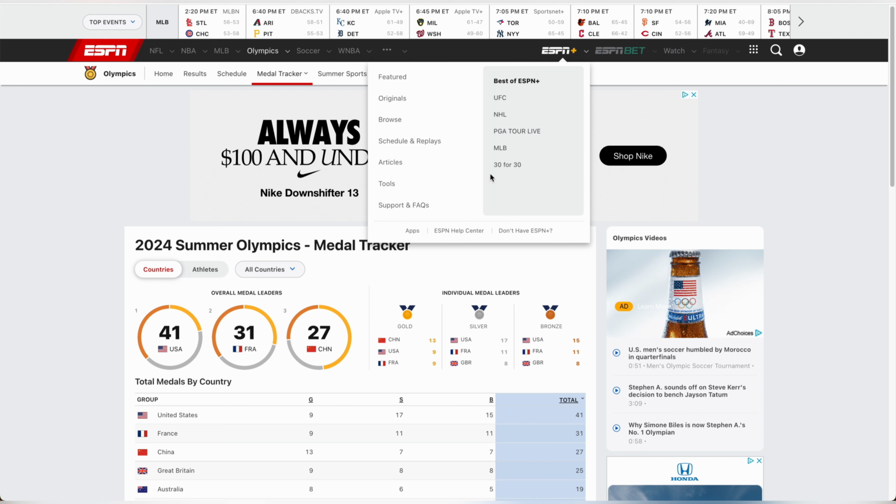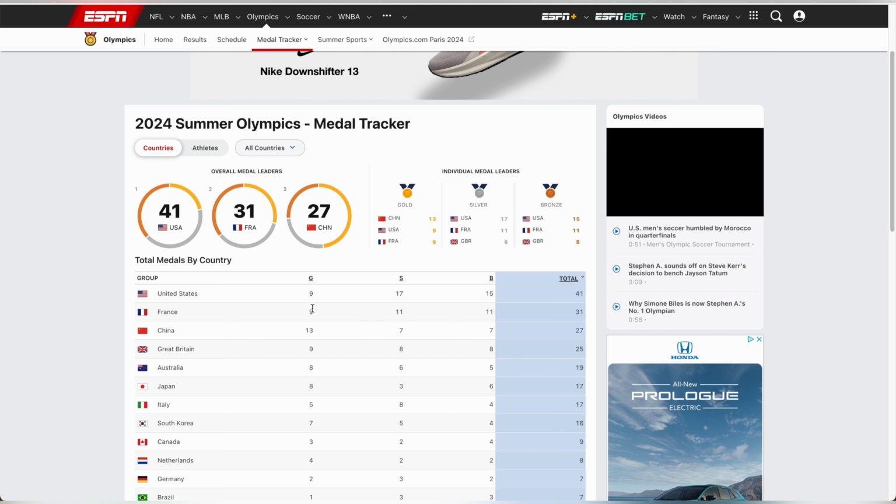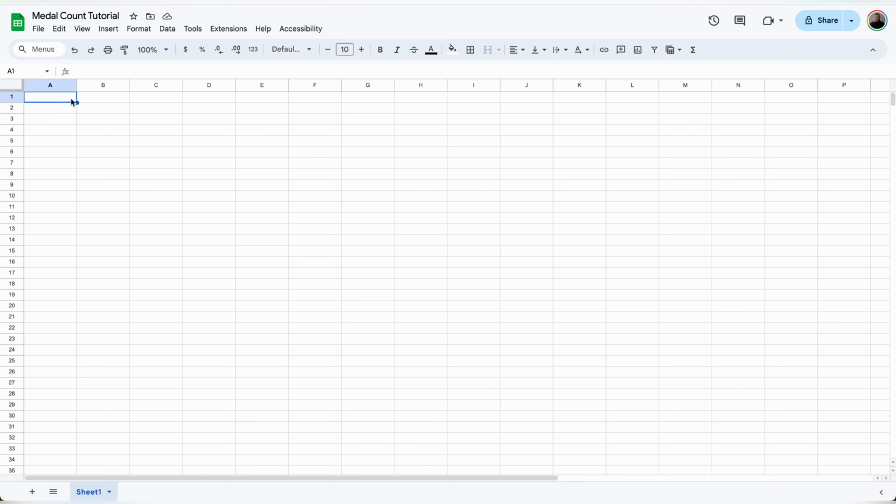The first thing we want to do is go to Google, and we want to find a website that has a full medal count that's updated consistently. And we want the table to be pretty basic. If it has a bunch of drop downs and things like that, it may not work. This one with ESPN looks good, so we're going to copy that URL,